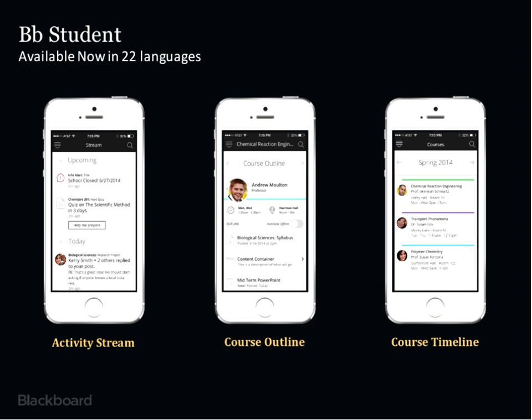For example, Mobile Learn today is designed for both students and instructors, but if you want to join a Collaborate session, you have a different app. Our shift now is moving toward an app that's designed for a certain type of user and making all services available within that particular app.